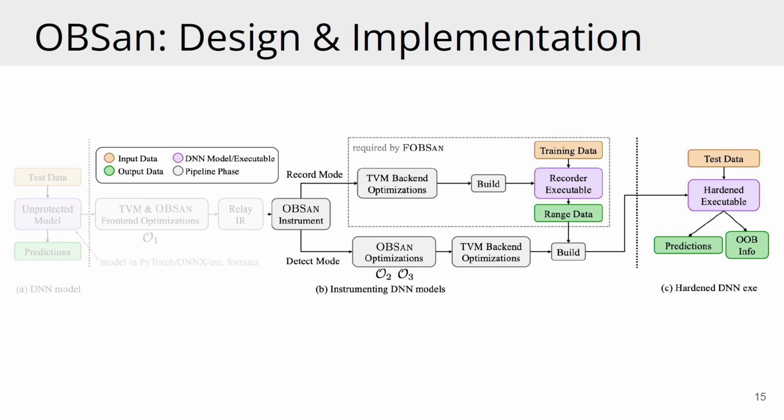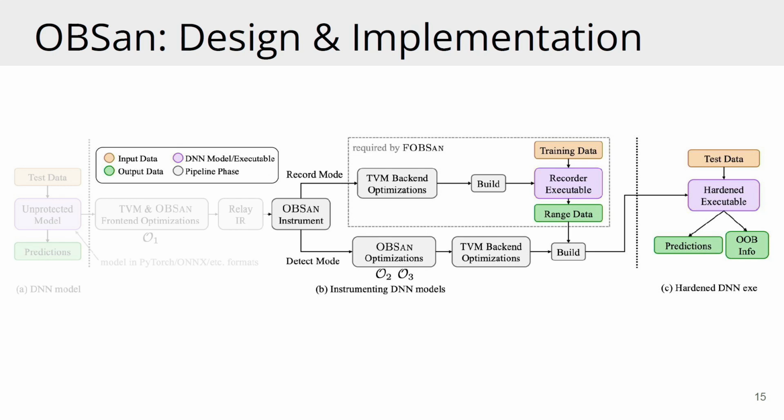On the other hand, for FOBSan, the forward variant, we additionally need to instrument the model in record mode to produce an auxiliary recorder executable. With that executable, we can initialize the so-called normal bounds data for the protected model. And once that data is recorded, we feed it back to the detect mode to produce the final hardened